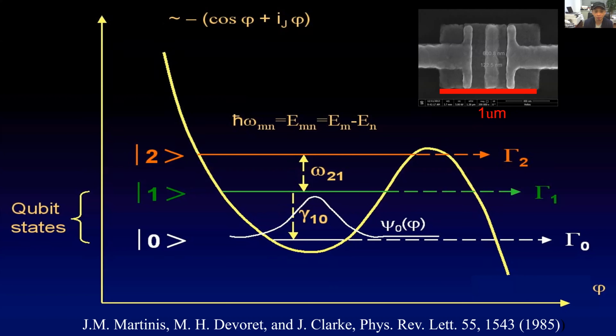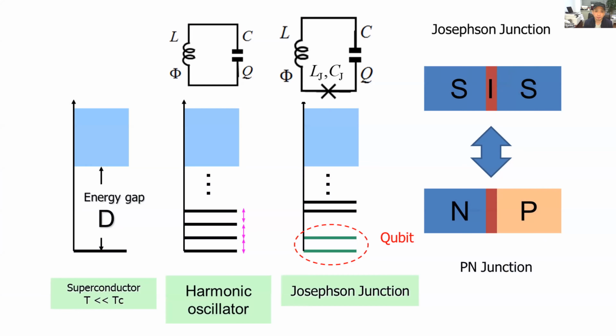That gives us an opportunity to realize a quantum bit by superconducting materials at macroscopic scales, not like an atom or single molecule. This is the principle. Imagine we use superconducting materials to form an LC resonator. If we lower the noise and the temperature to an extremely low level, we will see this harmonic oscillator is quantized. Its energy levels are equally spaced, just like a quantum harmonic oscillator.